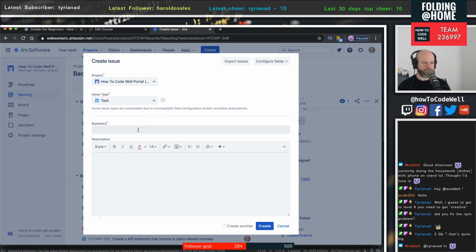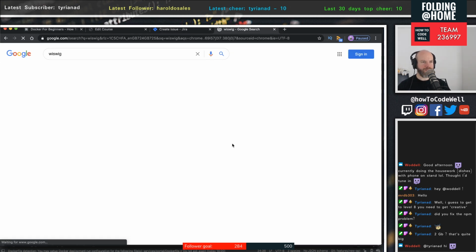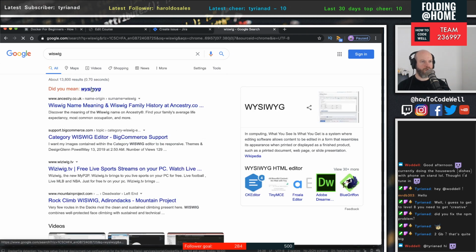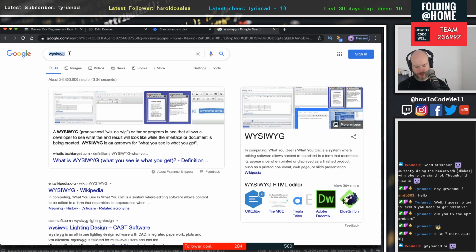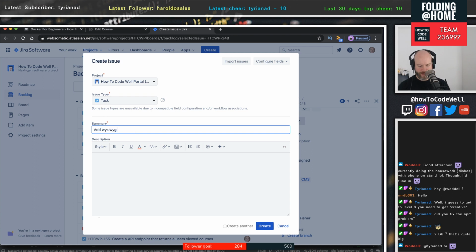So, add... what would it be? It would be like a text editor. Add WYSIWYG, isn't it? I don't know how to spell WYSIWYG. Let me Google that. W-Y-S-I-W-Y-G, there we go. Add WYSIWYG editor